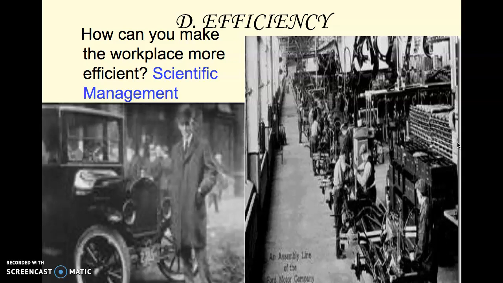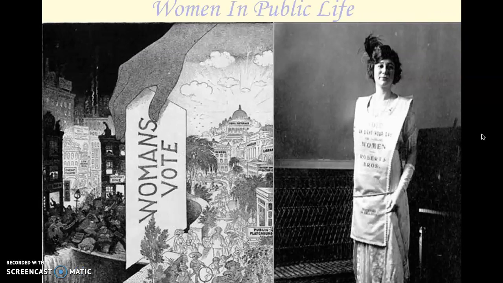And you have a couple examples here. This is Henry Ford right here, and his assembly line, which he did not invent, but he perfected. And they're able to make cars, hundreds of thousands of cars, that ran better than everybody else's for cheaper than everybody else, through the use of the assembly line, which made him a billionaire and also helped to profit a lot of people out there.